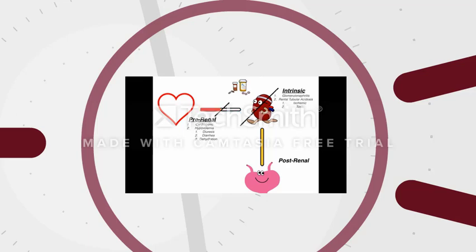You're still knocking out the kidney, but what's happening here is that you have one of two causes. One can be ischemic. Ischemic kind of ties back to pre-renal. We have a decreased blood supply and the kidney gets knocked out because it can no longer nourish itself. Additionally, you can have toxic